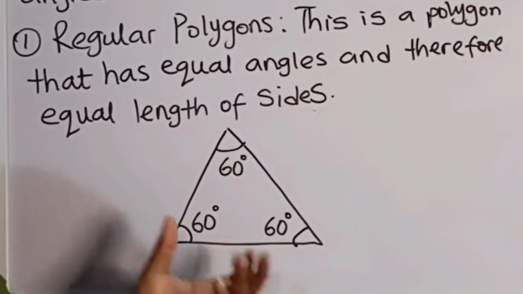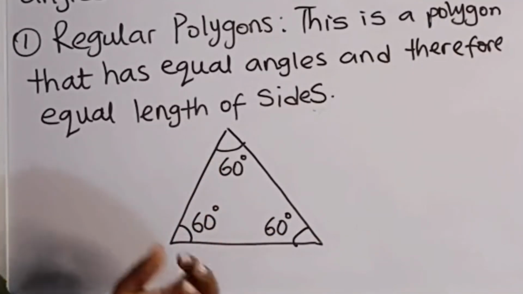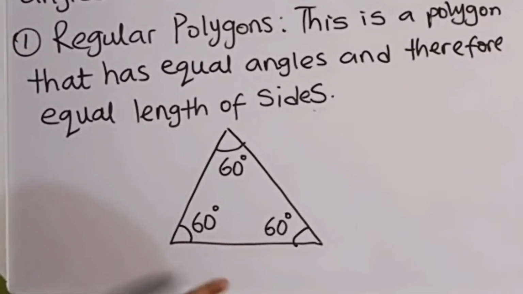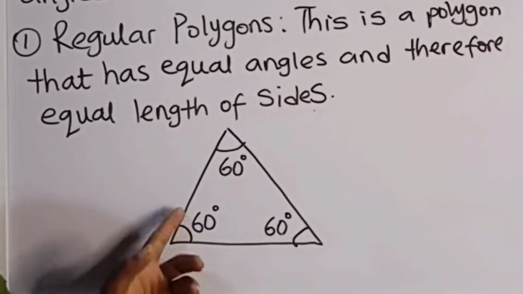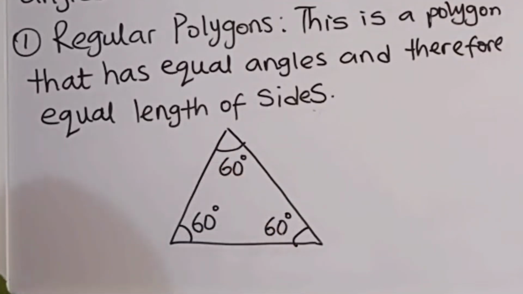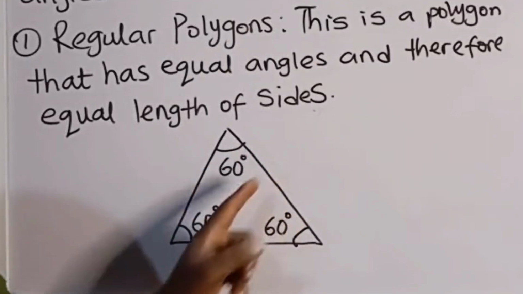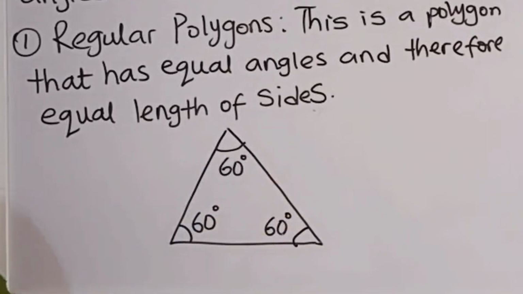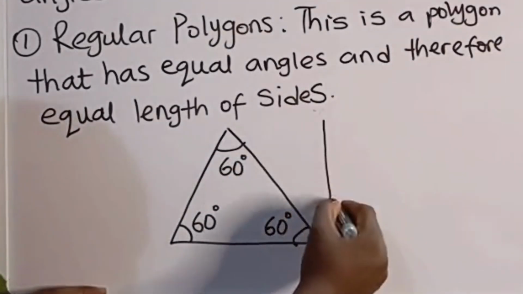So you can call it a regular triangle. The reason you're calling it a regular triangle is because all the angles are equal. So it's a regular triangle or a regular polygon. Since all the angles are equal, that will tell us that all the sides will also be equal. If you have a polygon in this form,